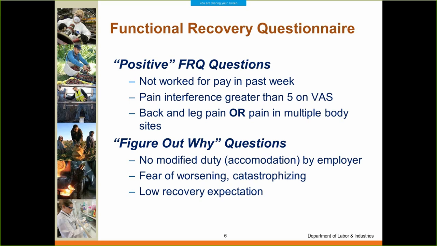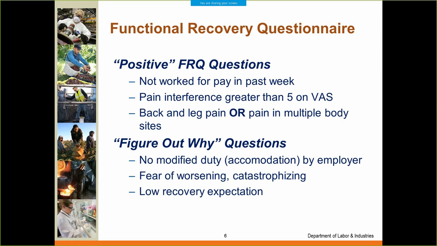When you have low back pain and radiculopathy, which can be extraordinarily painful, it may be so painful some workers may think, oh my gosh, I could get paralyzed from this. That kind of catastrophic thinking, or fear that if they move or do anything it's going to make it worse, is called fear avoidance, or fear avoidance behavior, activity avoidance behavior. And these are things that attending providers may be able to do something about to address with workers earlier on.